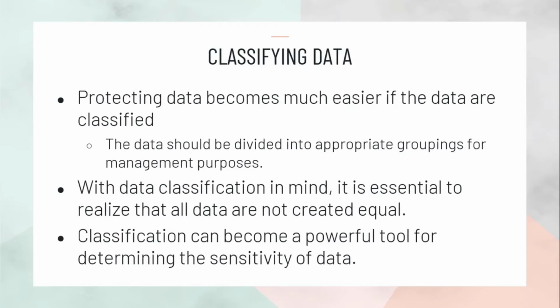Classifying data. A classification system does not have to be very sophisticated or complicated to enable the security process, and it can be limited to a few different groups or categories to keep things simple for processing and monitoring. For example, internal emails between two colleagues should not be secured or treated the same way as financial reports, human resources or HR information, or customer data.